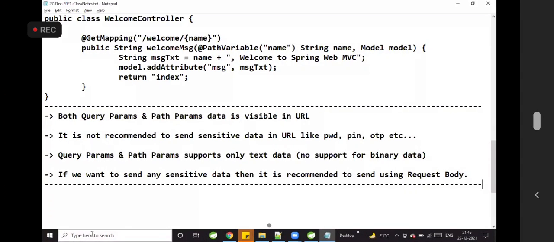What are those three ways? Query parameters, path parameters, and request body.